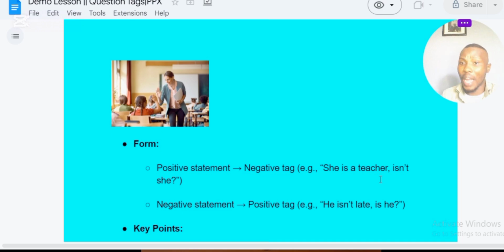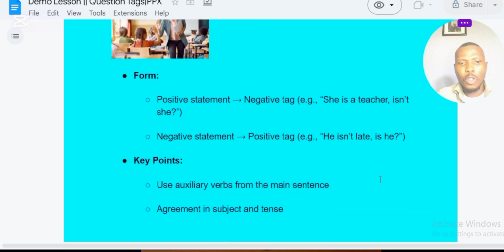Now, can you give me an example, Jim? Give me an example of a positive statement and a negative statement. I would like to hear your opinion. Okay, Jim, I got those ideas. You said the positive statement is "I am your friend." That's positive. And a negative statement you said is "he wasn't outside." That's correct. I like that, Jim. It means you understand this topic.